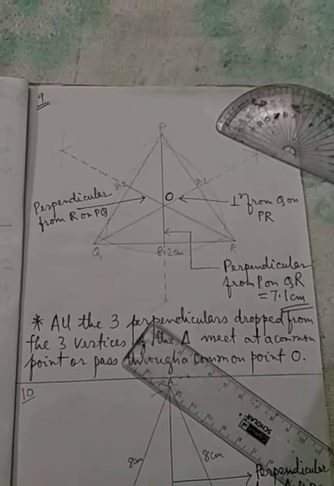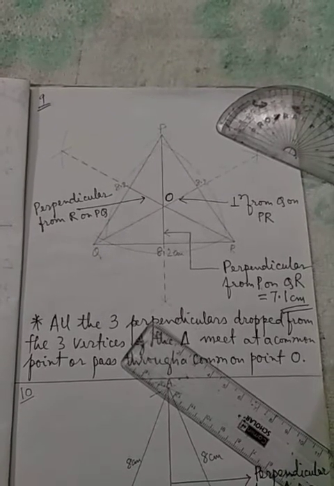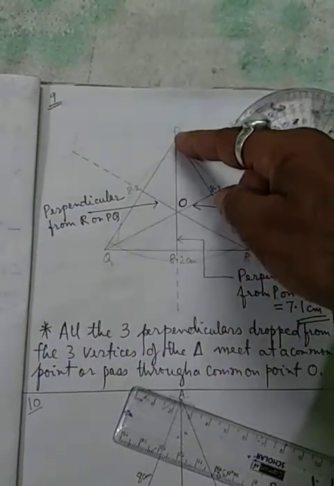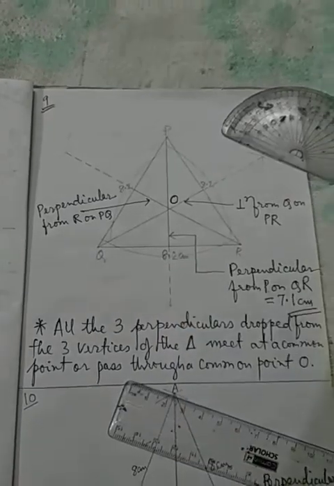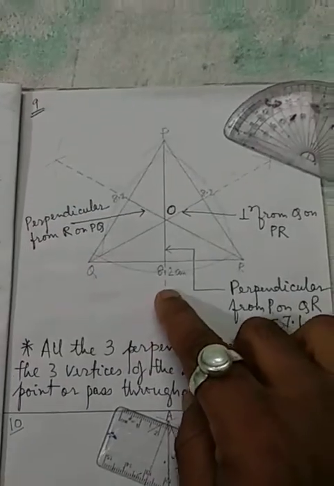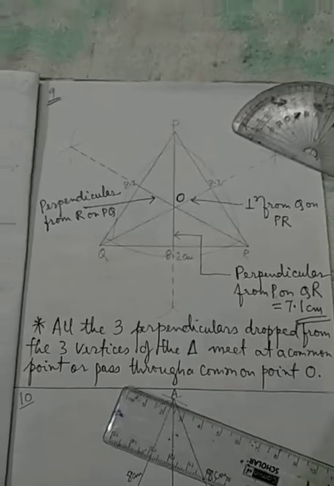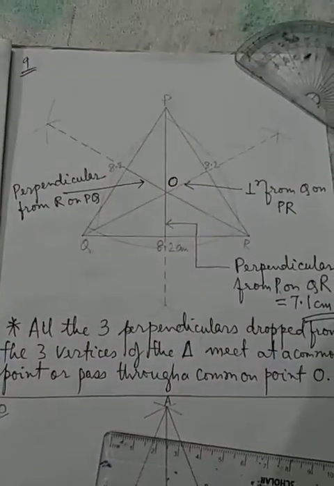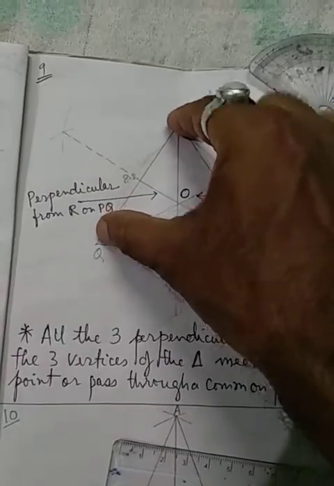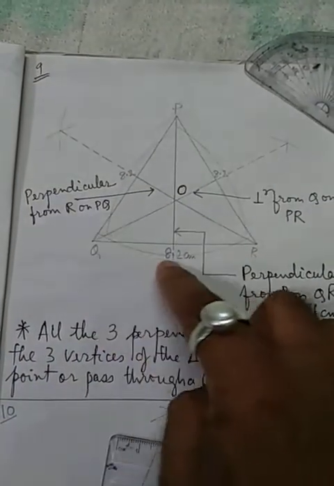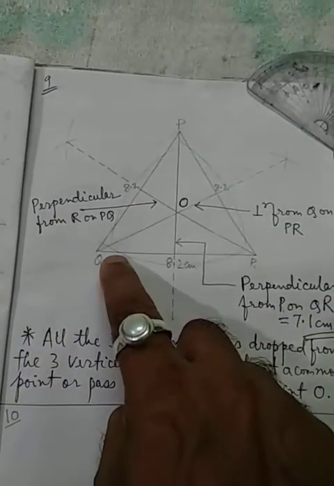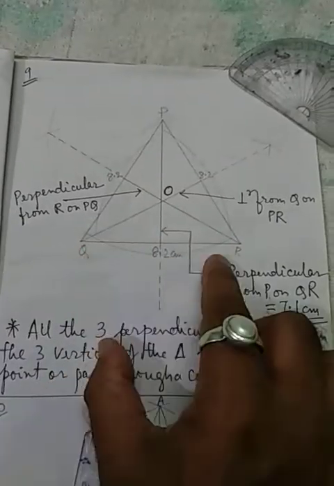Here they are asking you to draw the perpendicular. So in a triangle, you know there are three vertices, 1, 2, 3. From each vertex I can draw a perpendicular on the opposite side. So from here I can draw a perpendicular on the opposite side. Now how to draw a perpendicular? In the previous class we have discussed the perpendicular bisector. So here what you do, perpendicular from P, you take an arc big enough that it will cut the opposite line at 2 points, as I have done here. So from P with an arc you cut, so it is cutting the line QR at 2 points.